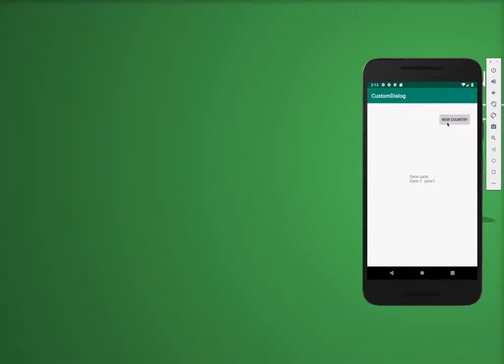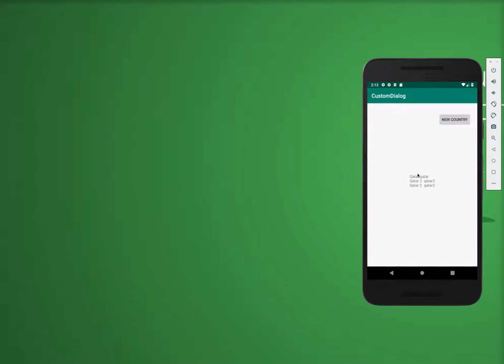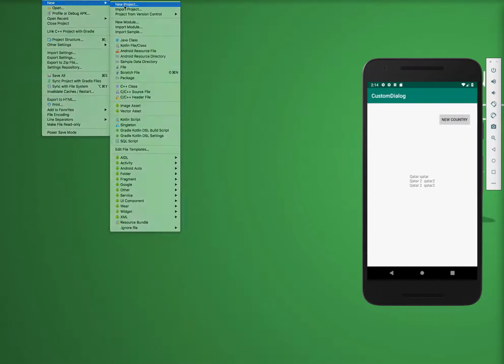Okay, it's a very simple dialog box just to show you that you can create your own dialog box as complex as you want, where the user gives you some inputs. We read the inputs from this dialog box and then display it in our activity or add it to an array or array list. Okay, so to do this, first I will go to file, new project,